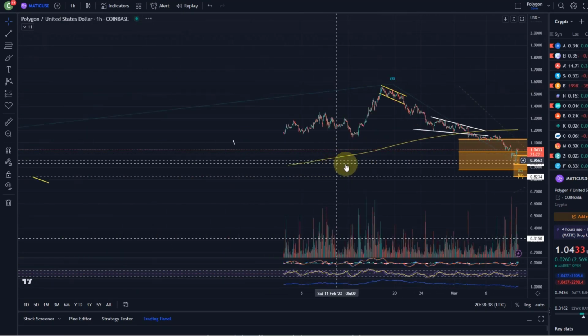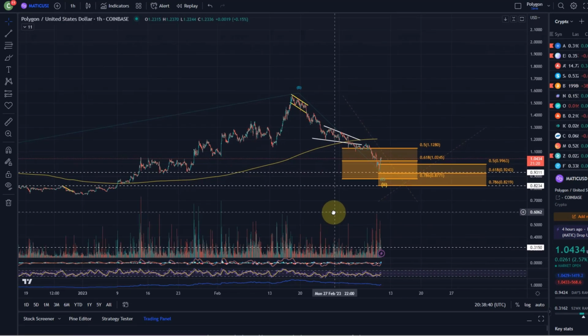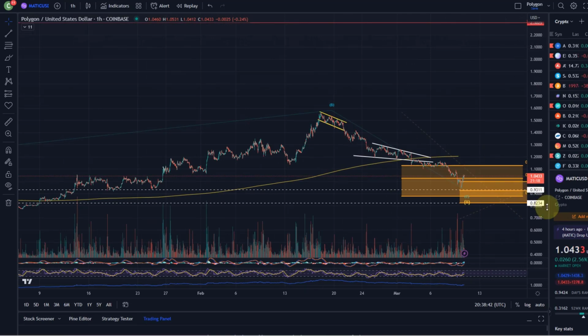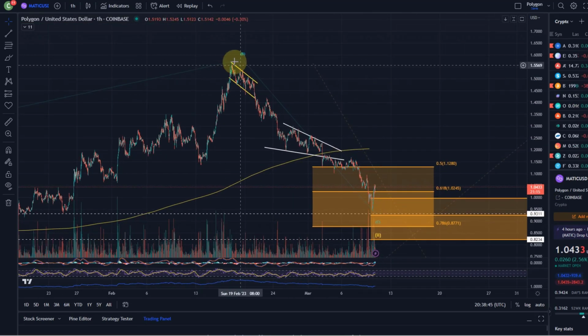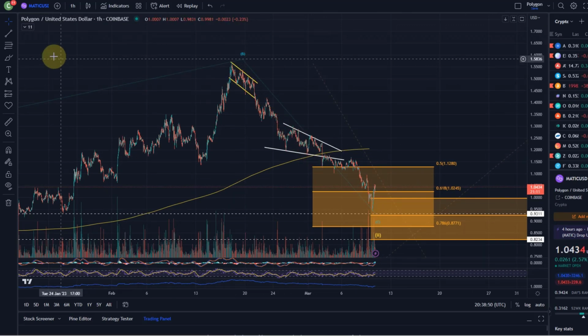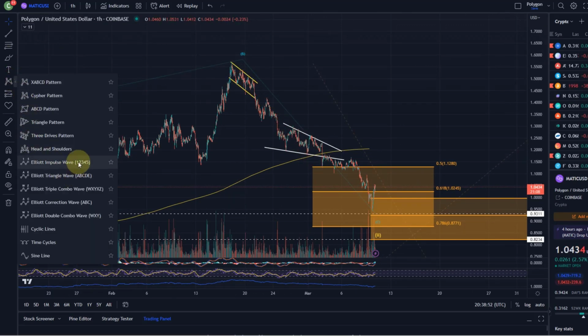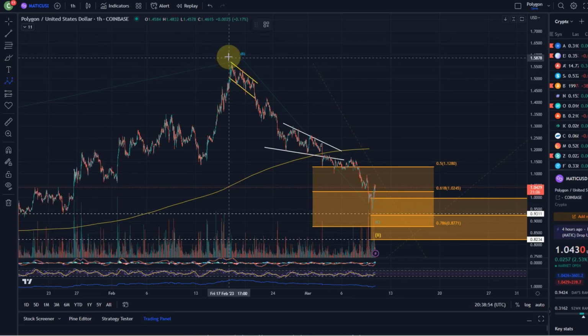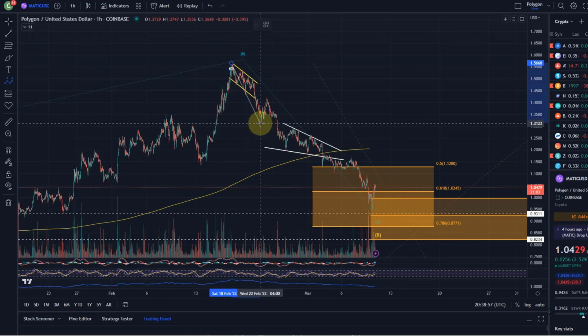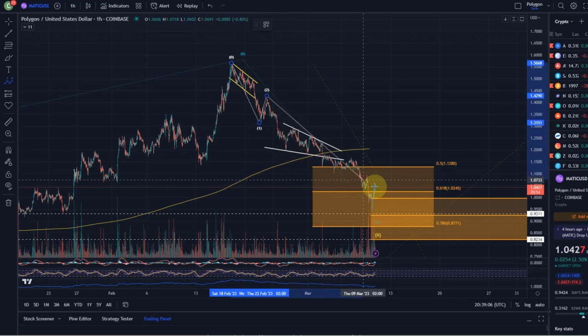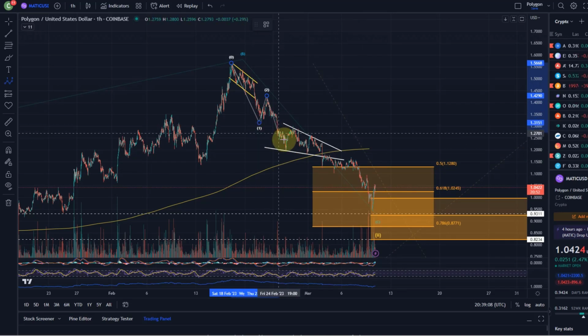On the 1 hour chart, if we take another look, can we actually label this move down? It is tough to label. I can tell you that straight away. It's tough to label, but if I count it as an impulse, which would be a C wave, then I would say we had here probably a wave 1, a wave 2. Then this would be a 1, 2. This here might be a series of 1, 2s,